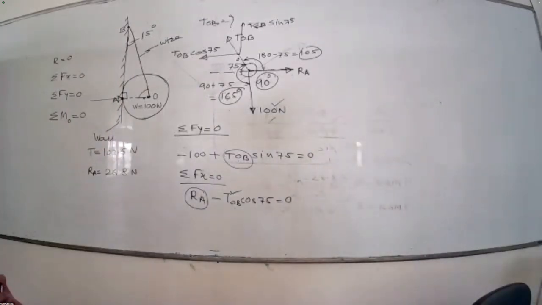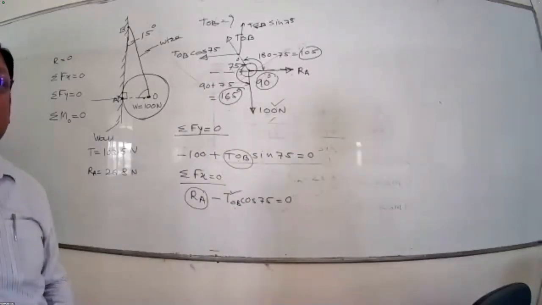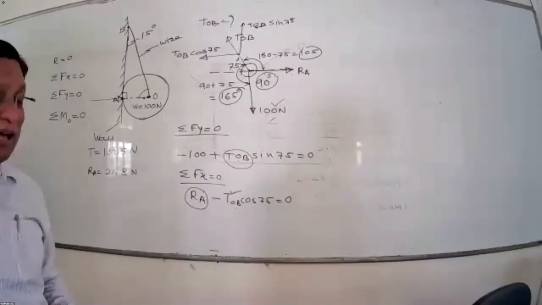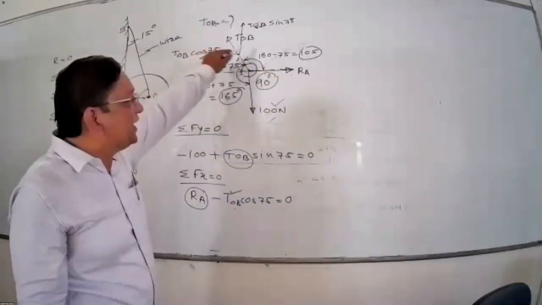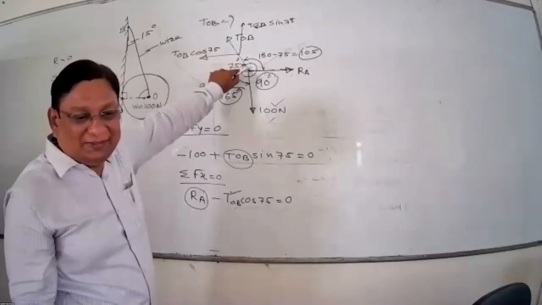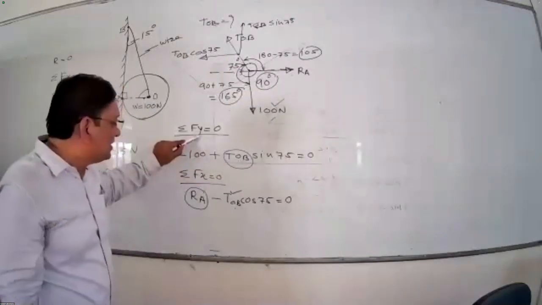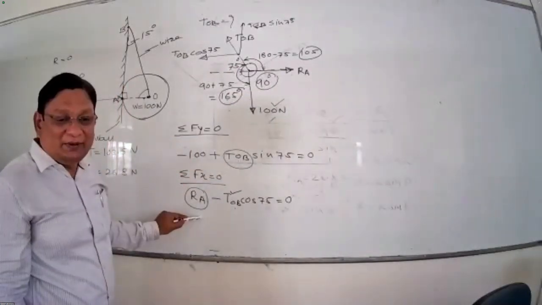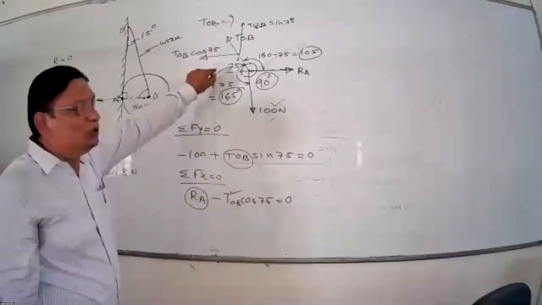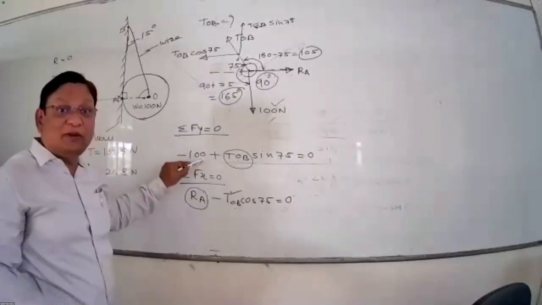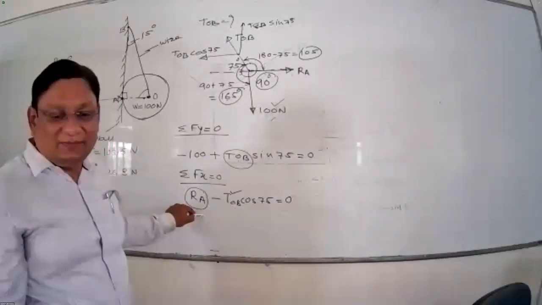So this question will be asked in the first compulsory question for 4 marks. And there the marking system also I will tell you. First thing is, for the free body diagram, correct free body diagram, 1 mark is there. And here 1.5 for this one and 1.5 for this one. So the marks will be given in the step. If your free body diagram is correct, you will get 1 mark. If this one is correct, you will get 1.5 more marks. And if this is correct, then you will get the full marks here. Is it clear? Shall we go for the next question?